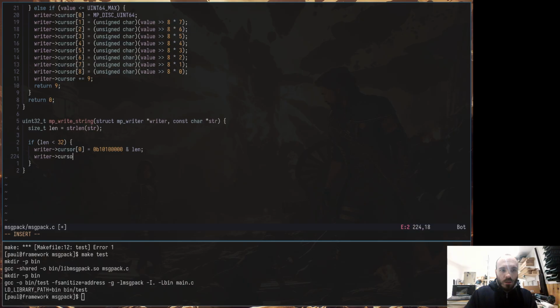cursor, and this is where things are a little bit different, because that's just a number, and now I need to do memcpy at the cursor 1, the string with the length. Definitely want this, although I could do this and plus instead. I think that works. And then I'm going to do writer cursor